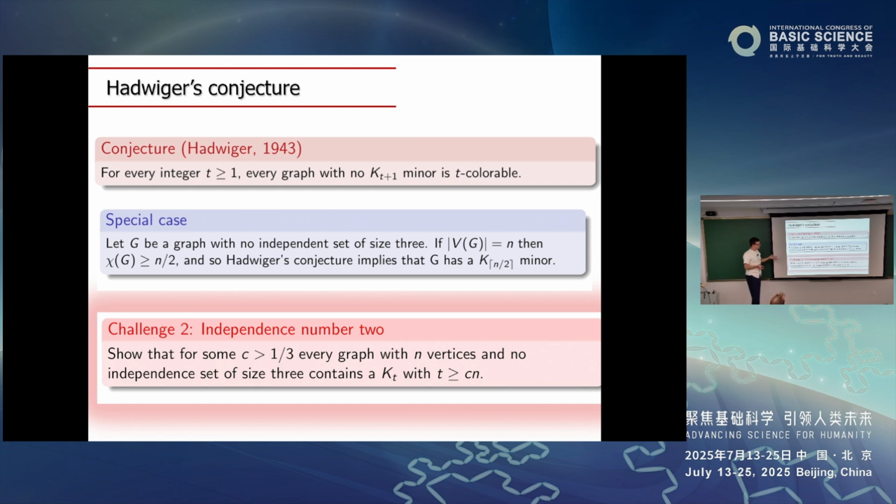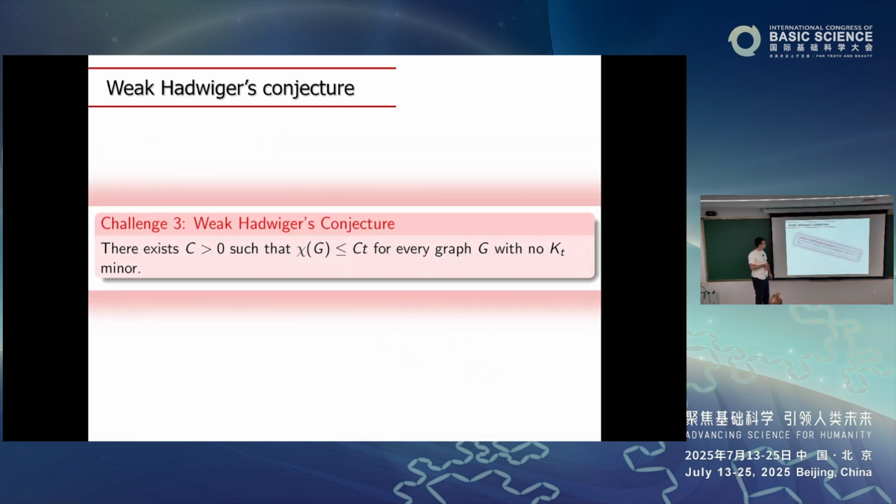But that's a special issue. Suppose we want to sidestep not only the four color theorem, but this as well. Suppose we don't want to solve this, it's hard. Then the best we can do, in some sense, is to prove a linear bound on the number of colors: that there exists some absolute constant C so that every graph with no K_t minor is colorable with C times t colors. That's open, and it would be very major, but we've been getting closer.